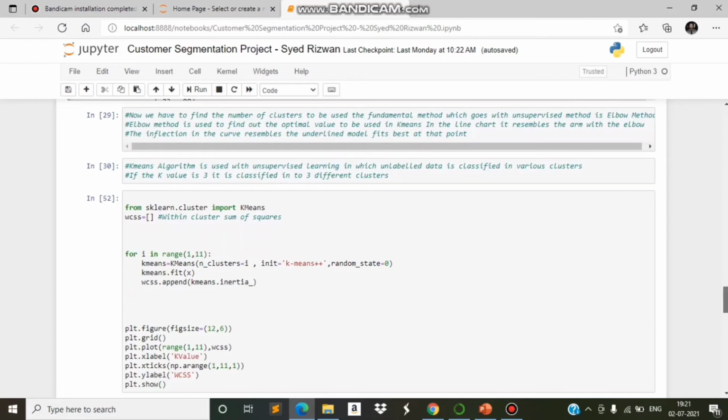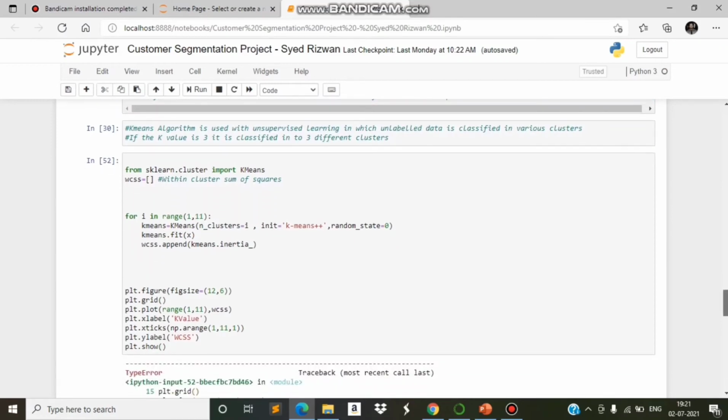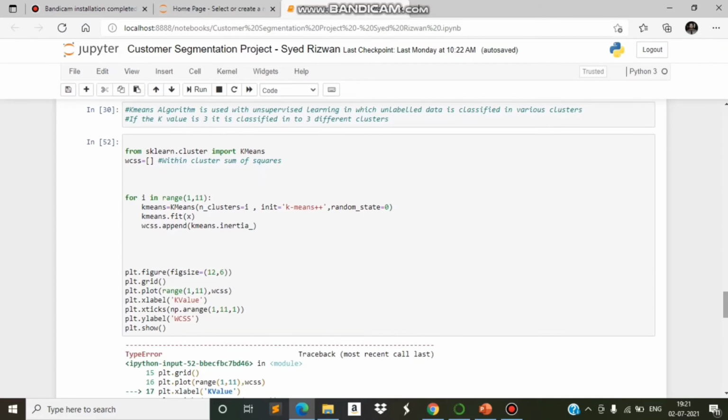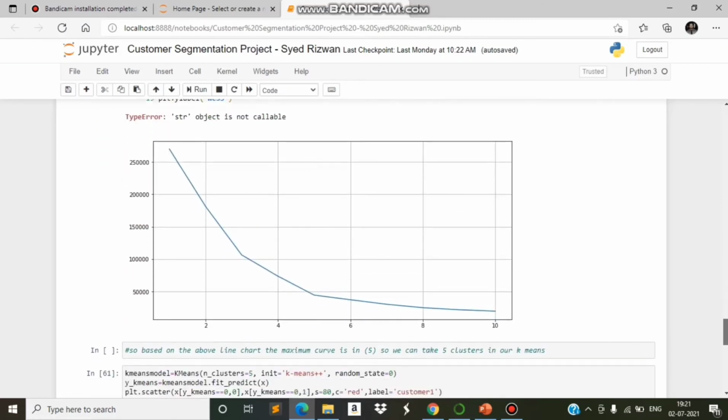And then I have given a range between 1 to 11, and I have found out the clusters using the random state with the use of inertia, and I have plotted a graph, a line chart. So this elbow method is mostly like a line chart which shows some consistency in the graph. It shows, as we can see